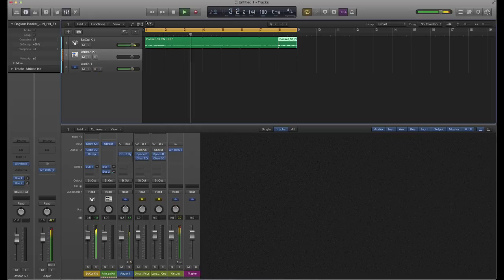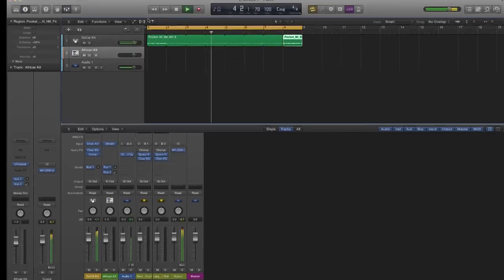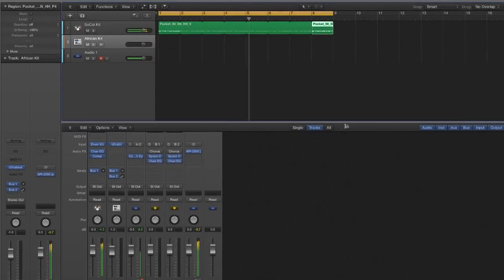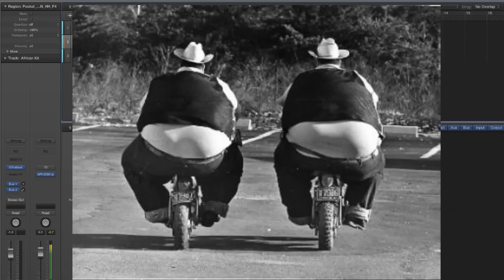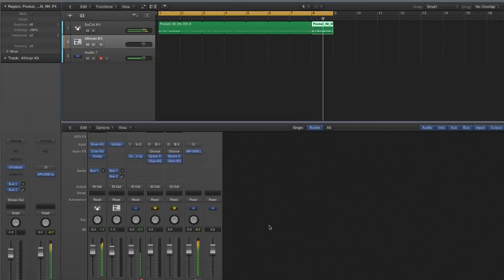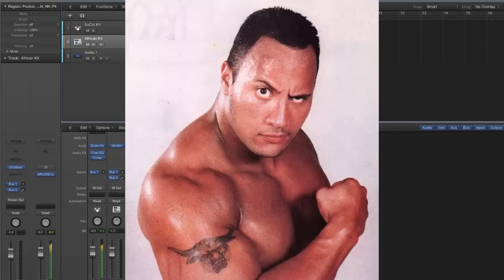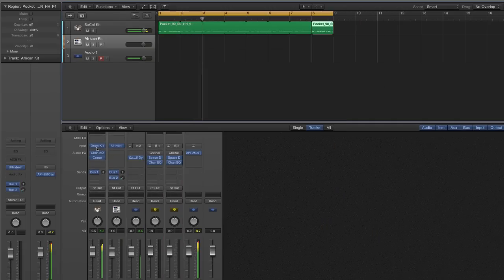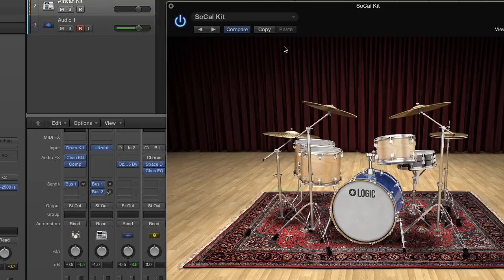And now let's focus on the sound of the drums. I just opened up the stock drummer kit in Logic, but maybe you want more of an old school R&B, fat back, more dead drum sound. The current drum kit's kind of a big rock sound. It's a little too much. So to change up your drum sounds in Drummer, you just double click on the input where the instrument is,